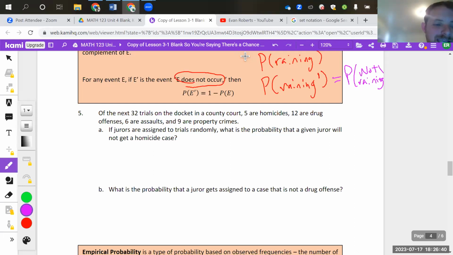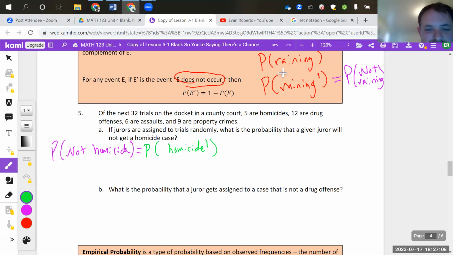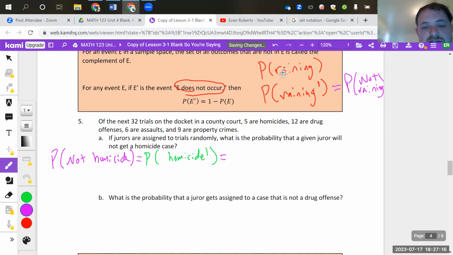So again, we could say the probability of not homicide, or you could write it in green, homicide prime. Which again, I realize you're probably never going to write the thing in green, maybe not even the thing in purple either, but it's still good to know the notation. And so